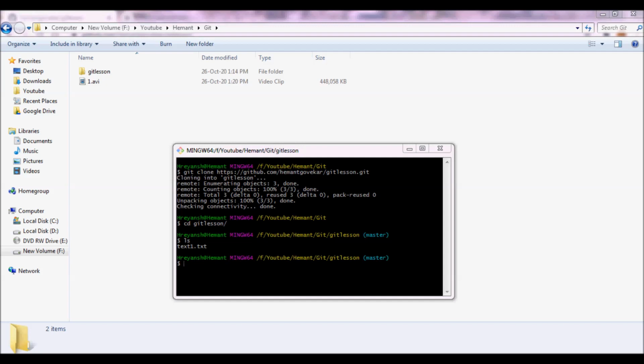The second thing we did was we pulled the code, or we cloned the code, from the existing GitHub repository into our local. So in today's episode we'll learn about branches. So how are branches created in Git? First thing we'll learn is why branches are created in Git.